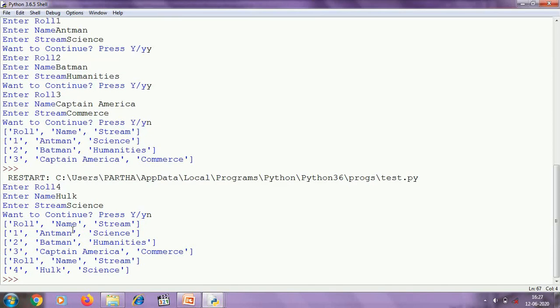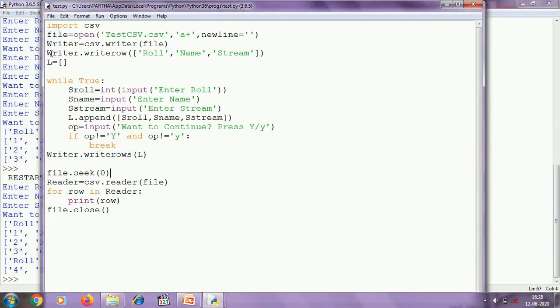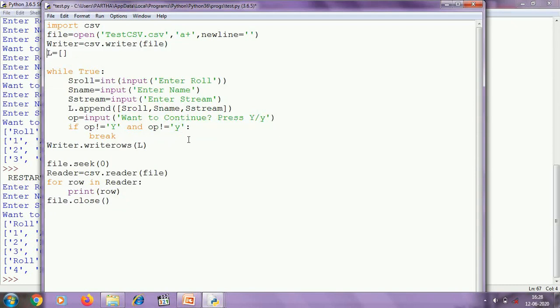I have written the fields once again. For appending we must not write this row because these are the fields and these fields must be written once only. So I must not use this statement. So using this program we can append to the file.